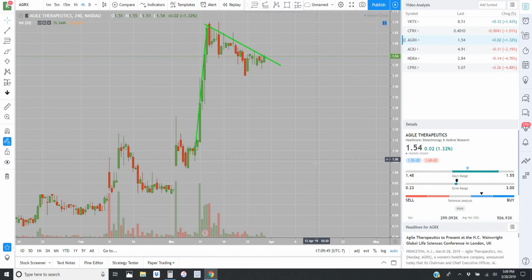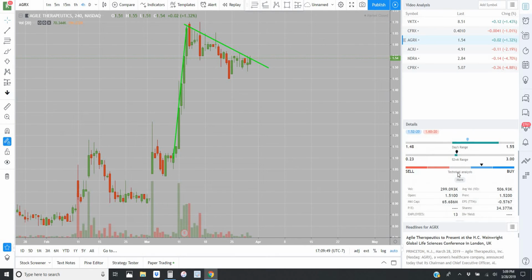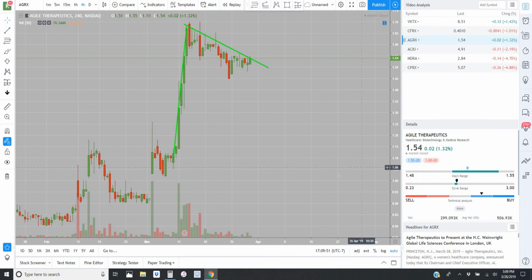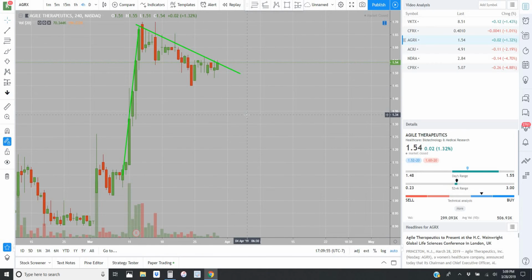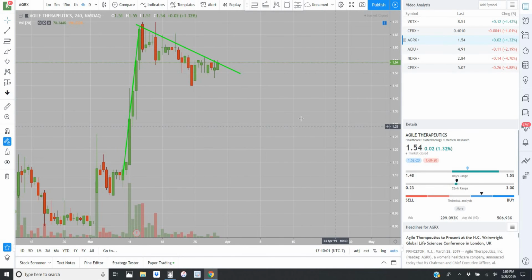AGRX, still kind of the same thing with this. It's just a bull flag pattern that is extremely light volume, historically speaking, with the stock, but just kind of in a holding pattern right here. I'm priced in at 160, still holding a full position, not the end of the world. Tell you what, it would be a good video in the future if it turns out, not to speak too soon,